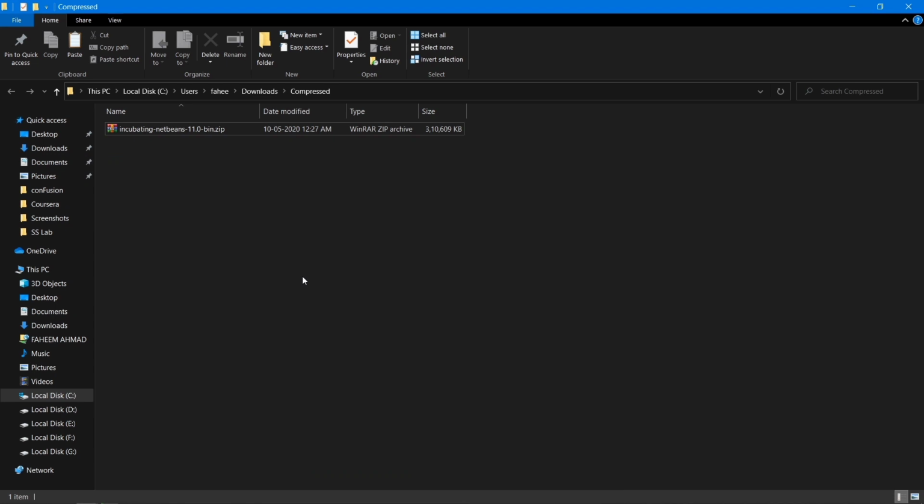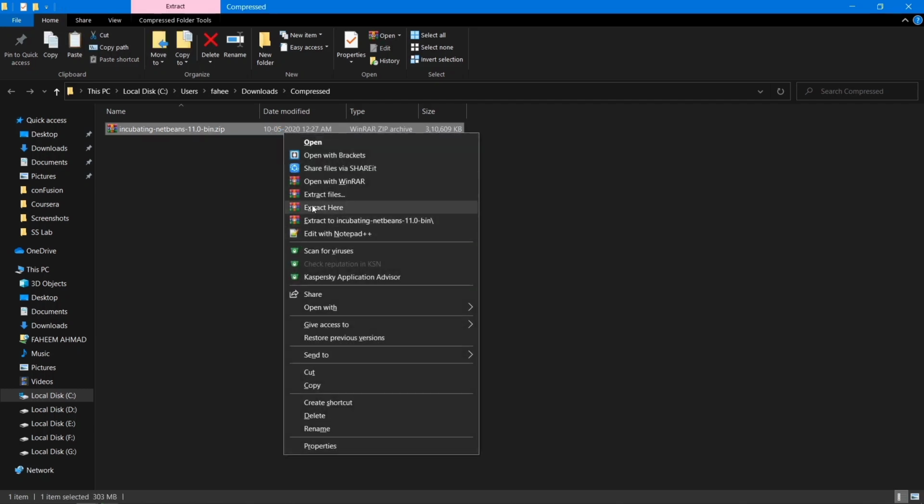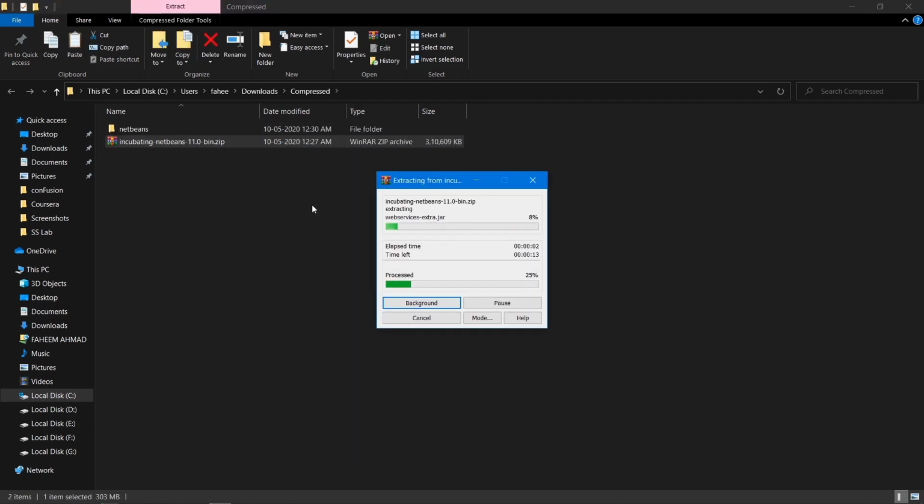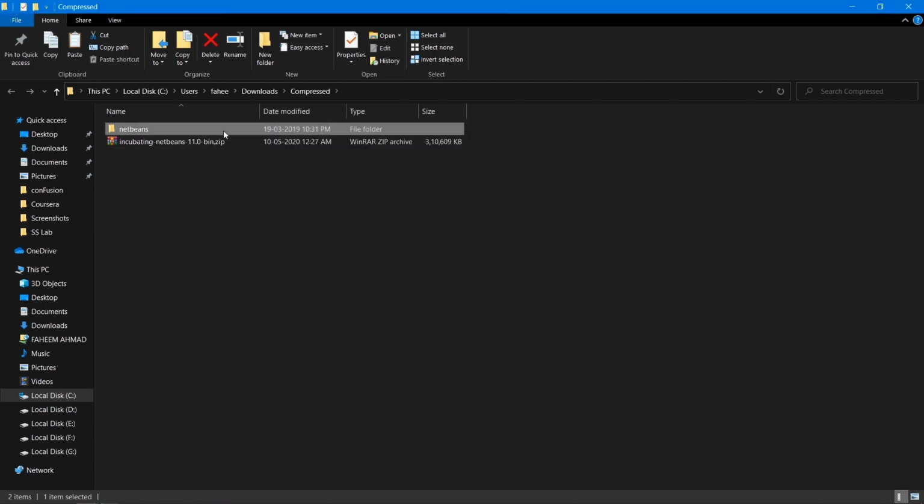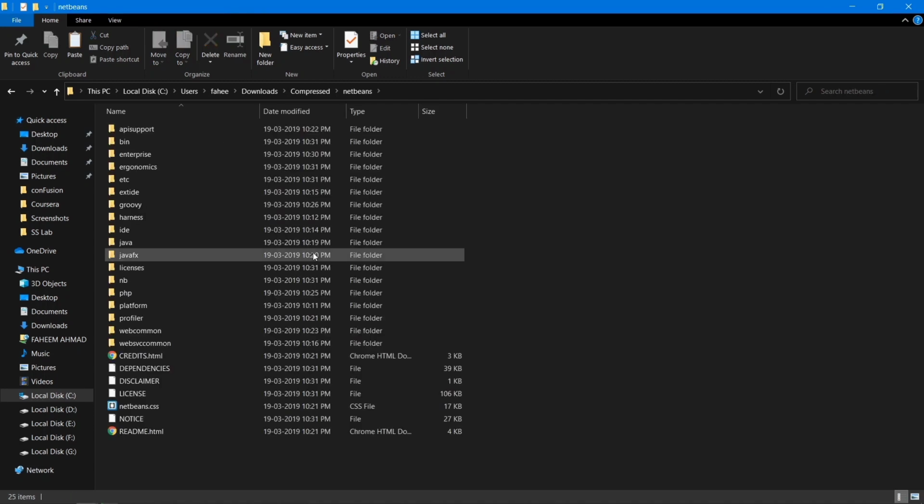Once the download is finished, you can directly go to the folder where you have downloaded this file. This is going to look like this zip file. First of all, you need to extract it. So I'm just going to right click on it and say extract all, which is going to extract this file into the current folder itself. Now the zip file is extracted in the form of this folder. So I'm going to go inside the folder, and you will be able to see